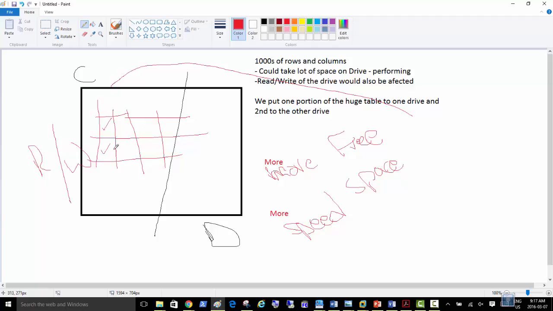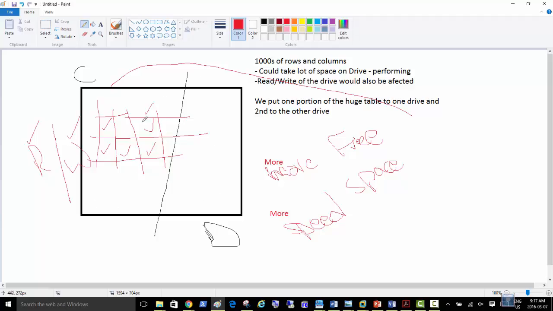Many of the table rows and columns are being modified in minutes. There are thousands of people who are modifying these, so the drive is very busy. This means the drive is reading a lot and writing a lot. And the table is growing and growing, so maybe the drive space is also filling up.